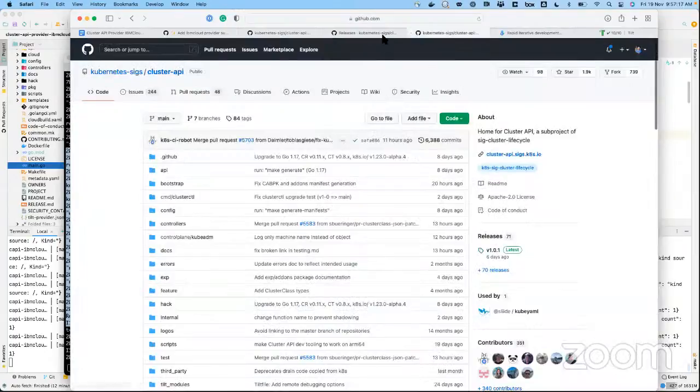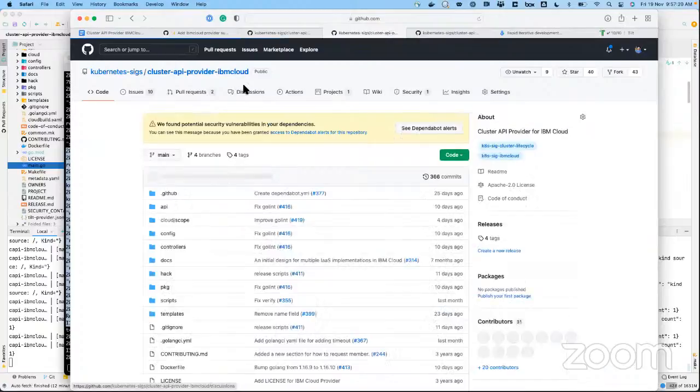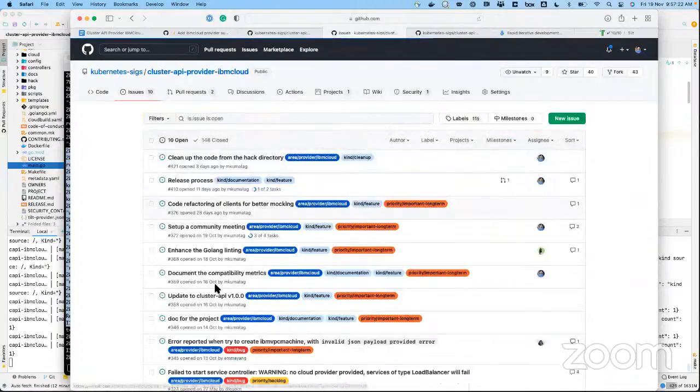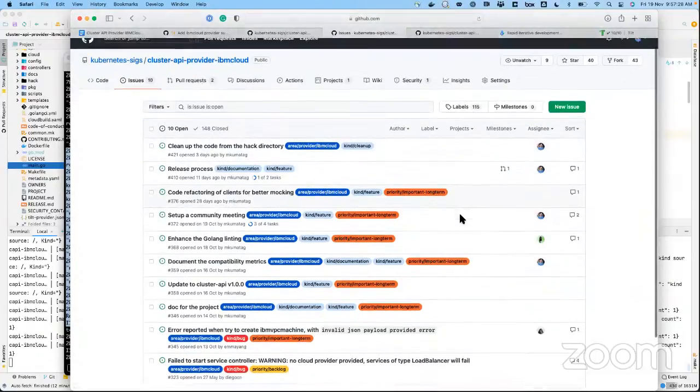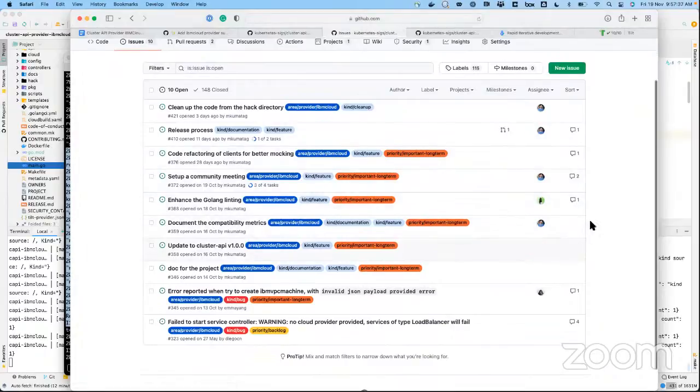All right, if no further questions, I'll switch over to the backlog. We do have plenty of backlog items here, so feel free to go through them and let me know if you're interested in any of those. Assign yourself, and you can talk to me also if you want to take a look at it and see how you can help me or help the project.